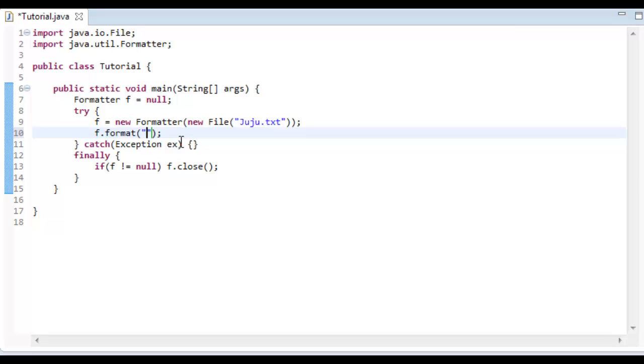But how we do this is I'm going to say Juju is an awesome, actually, I'm going to switch this, Juju has awesome tutorials. Okay, so let's go ahead and